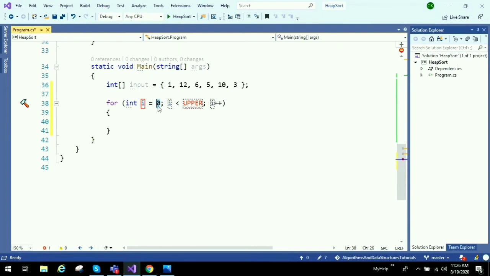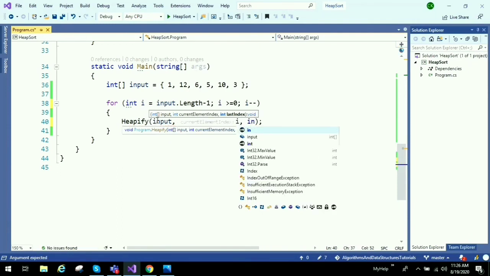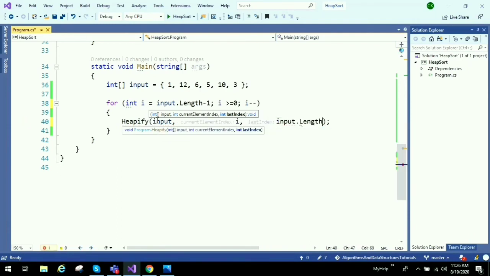Last element we get input dot length -1 and i will be greater than 0, i minus minus. Heapify I am calling with the input and current element will be i, and last index is again input dot length -1.